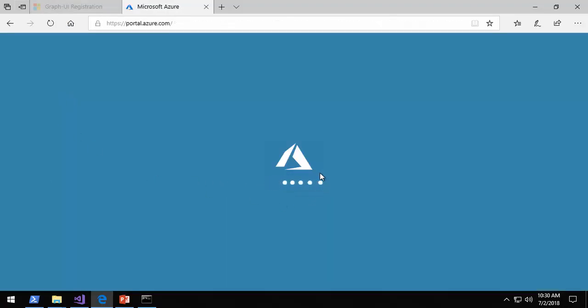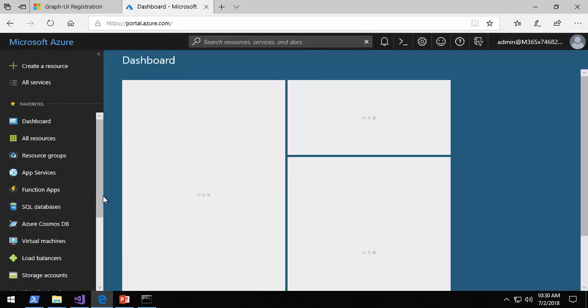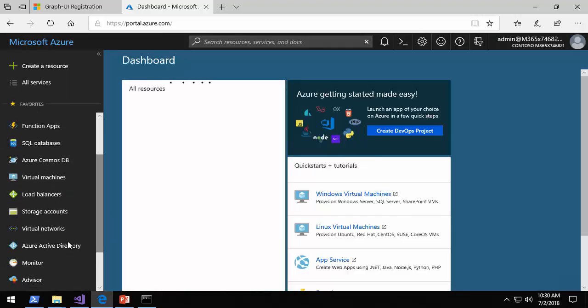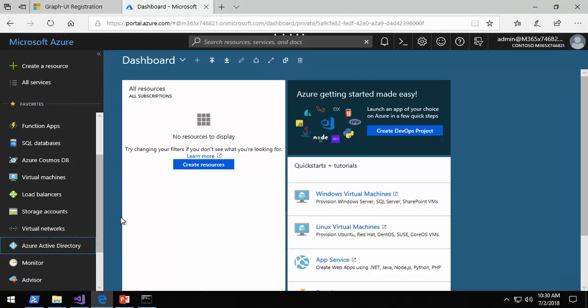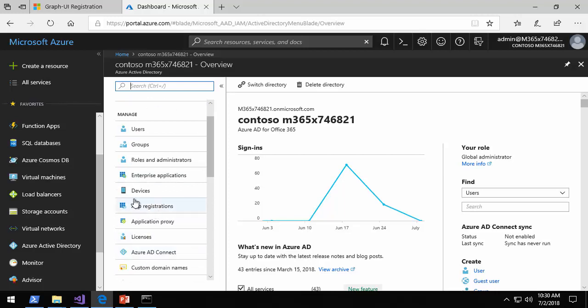And in the Azure Portal, I'm logged in as my tenant administrator, so I'm going to go to Active Directory. I look in Azure Active Directory. Now, there's many places to see my tenant. The part I like to look at is the URLs that are specified for Azure Active Directory. So if I look in Azure Active Directory, I'm going to come into Applications,